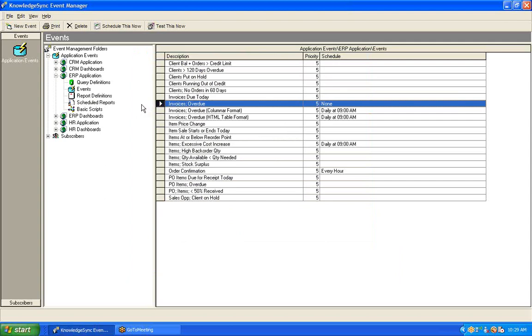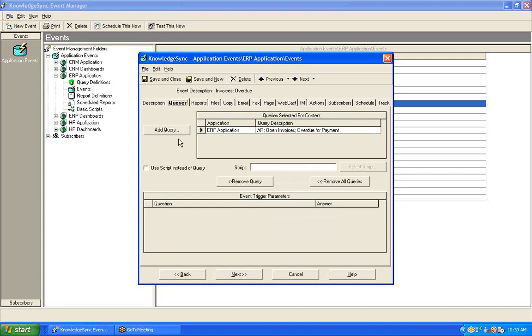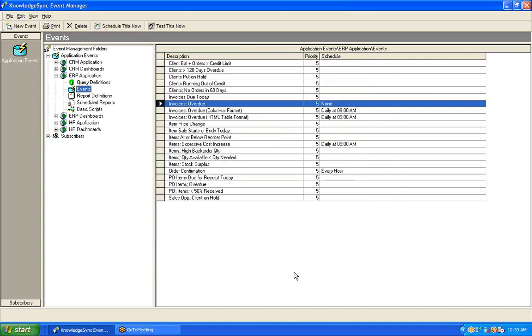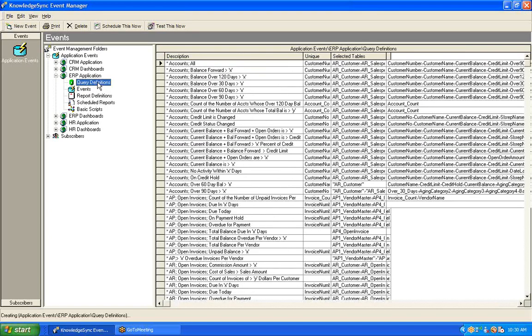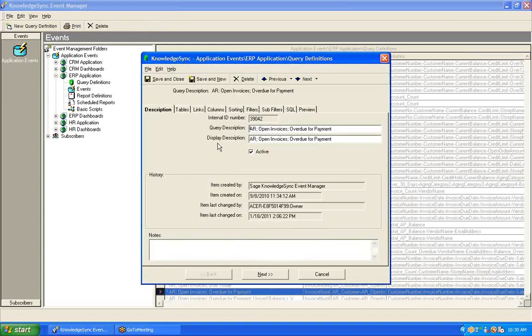Now, the reason I'm going over this concept is that when you want KnowledgeSync to group records together, the first thing that you need to do is to make sure that the query that the event is using is configured to sort or group the records in the same fashion, i.e., I wish to group records together by salesperson. So I'm going to make a note of the query's name, AR open invoices, overdue for payment. I'm going to go back to my query definitions branch, choose that particular query, open it, and go to the